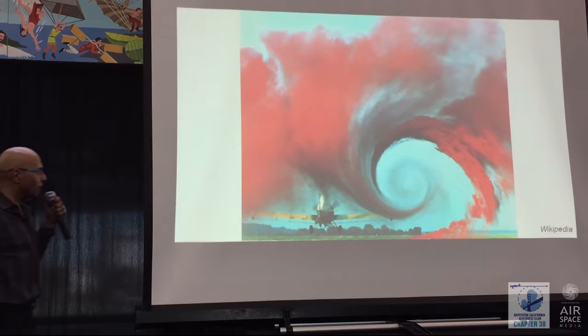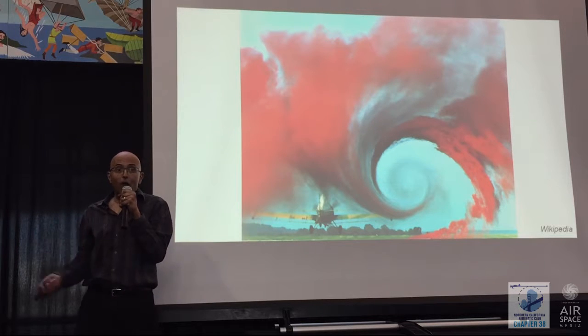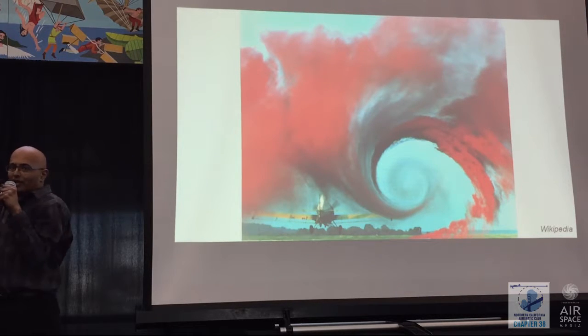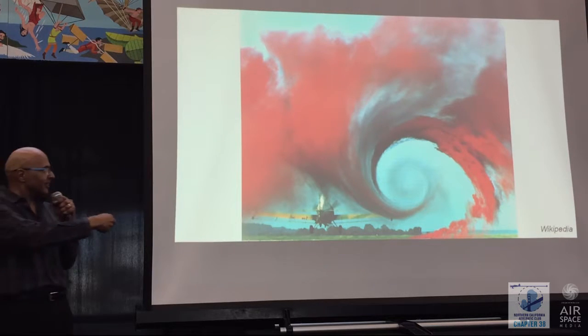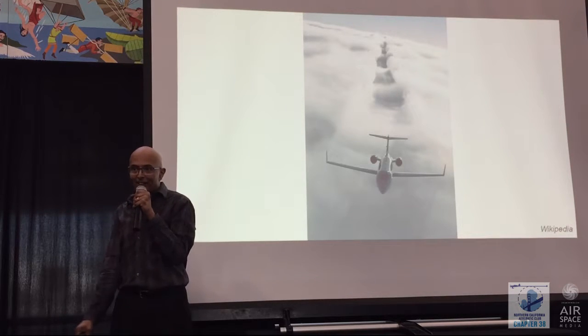Here's another example of an airplane bending the air. Now this is a crop duster, and you can get an idea of just how much disturbance the aircraft creates as it goes through the air. We don't see this again, but you look at the traffic pattern of like San Francisco, airplanes flying in, they're all doing this.